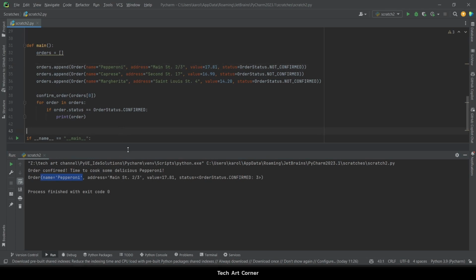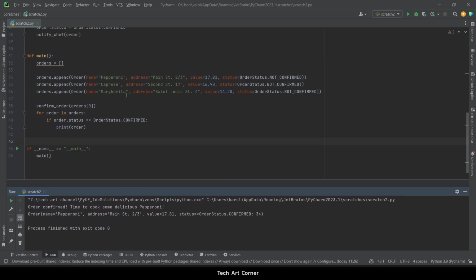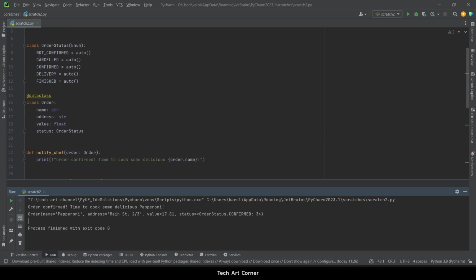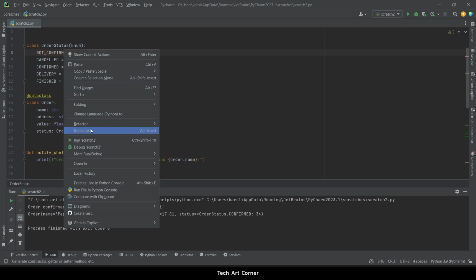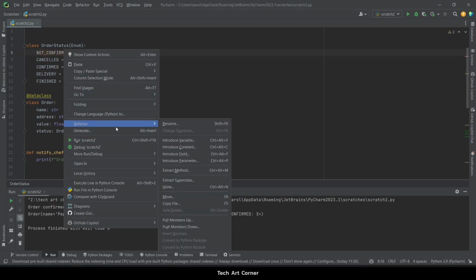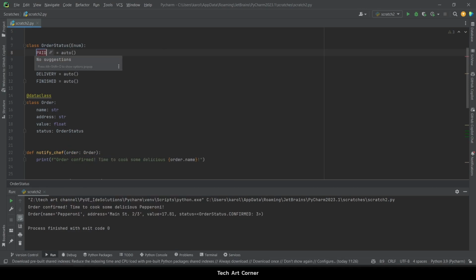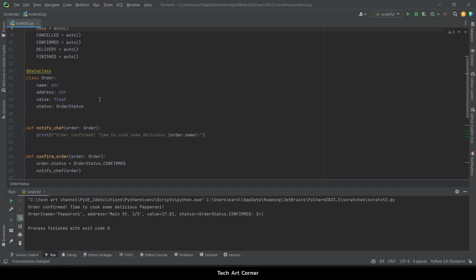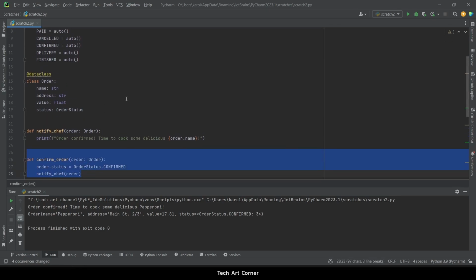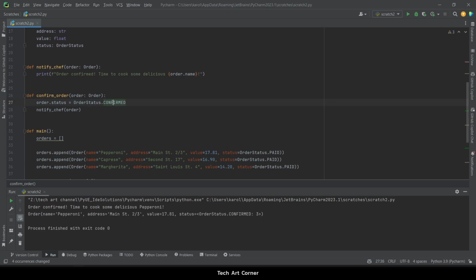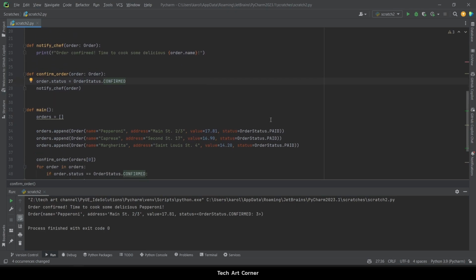What's more, I mentioned earlier that you may want to refactor stuff. So maybe we would like to store only orders that are paid. If it's not paid, we're not even introducing it into the system. So right mouse button, then refactor, rename, and we're gonna rename it to paid. If I scroll down to my confirm order, I can see that that is as it used to be, okay, because we didn't modify that attribute, but here, those three were updated automatically.